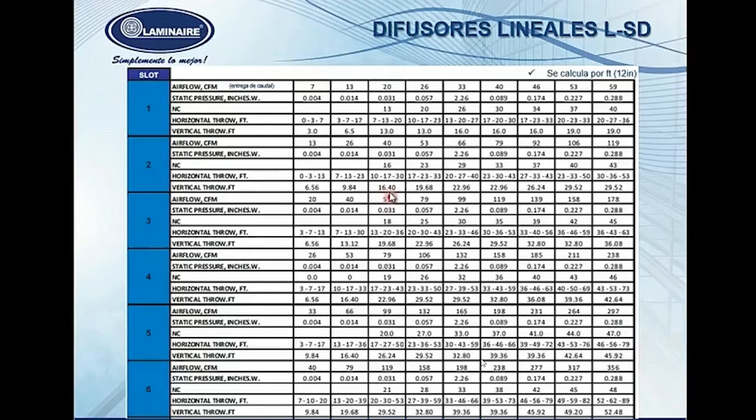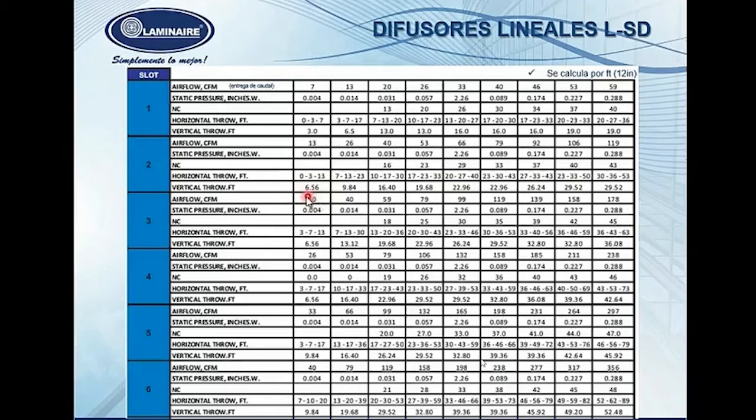And right here in the chart we have different characteristics like airflow, static pressure, noise criteria, horizontal throw depending on the velocities at maximum throws, vertical throws up to 150. The linear diffusers in this chart for the selections are giving us the characteristics for 1 feet, 1 diffuser, linear with 3 slots of 1 inch in the slot, and 1 length of 1 feet